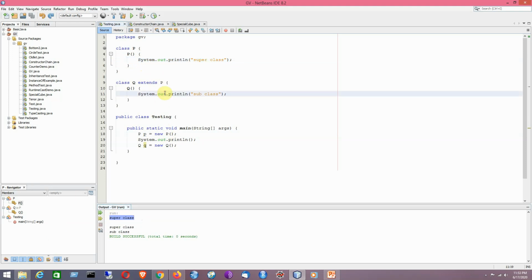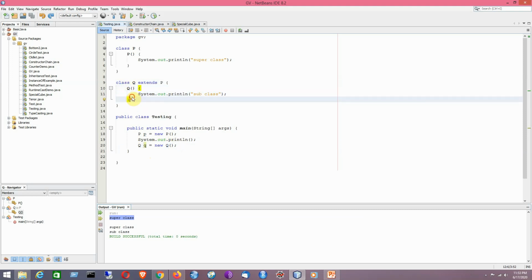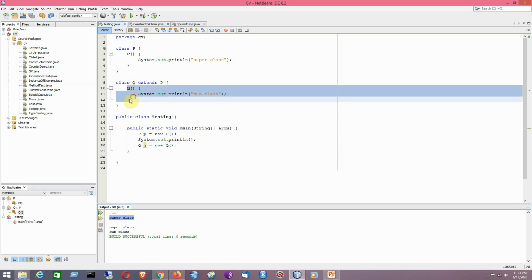Now for the second class, that means for the subclass named Q, whenever we are trying to create the object, the call will first be transferred to the subclass constructor, but here the subclass constructor will be looking for the default no argument constructor of the superclass.